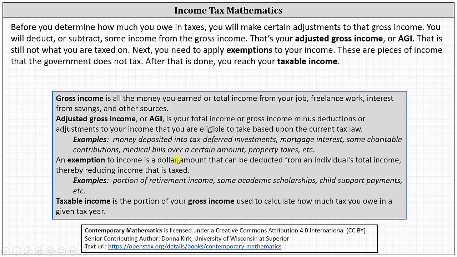taxes, and so on. An exemption to income is a dollar amount that can be deducted or subtracted from an individual's total income, thereby reducing income that is taxed. Examples of exemptions might be a portion of retirement income, some academic scholarships, child support payments, and so on. Taxable income is the portion of your gross income used to calculate how much tax you owe in a given